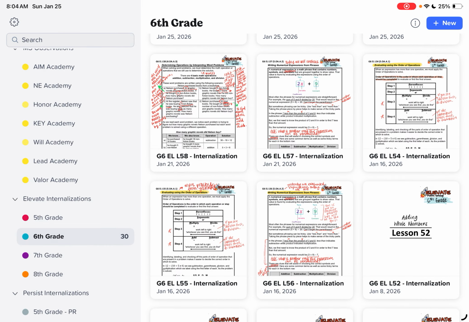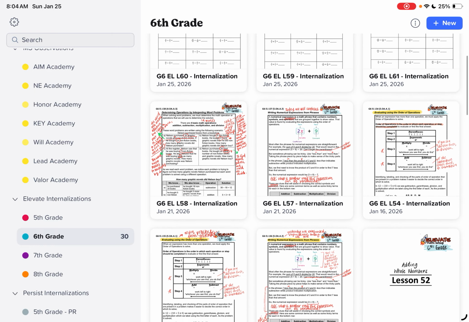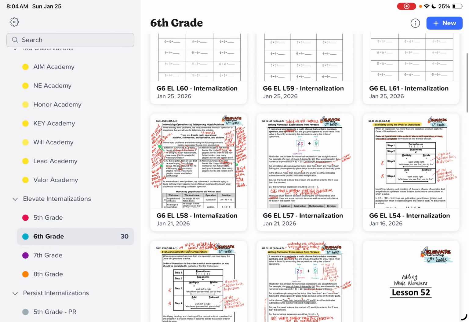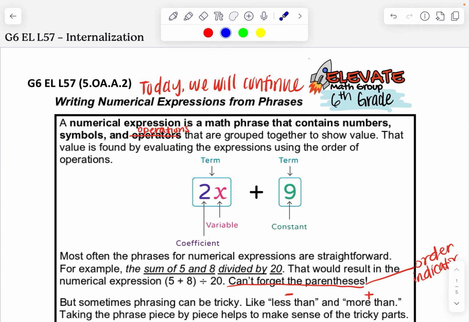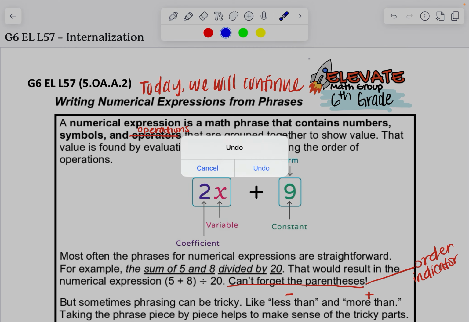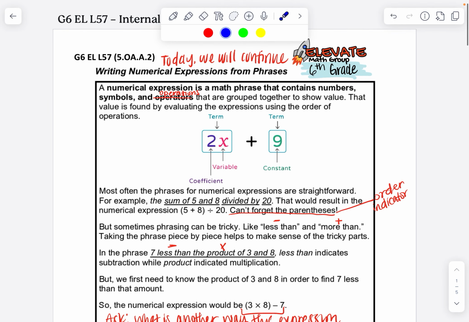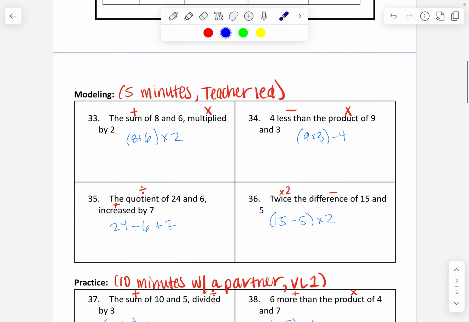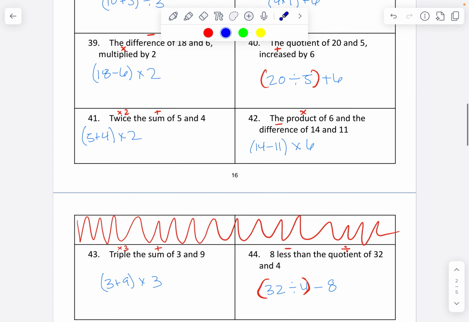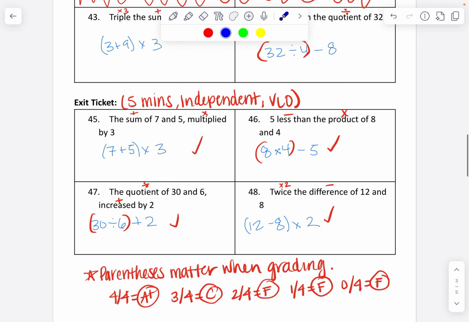And so then the next day, they're continuing to work on writing numerical expressions from phrases. It is the same mini lesson, so you do not have to spend time going over that. Honestly, depending on how they did the previous day, you can have them jump into their exit ticket and see how they're doing with it. If they're getting 3 out of 4, 4 out of 4, have them move on to